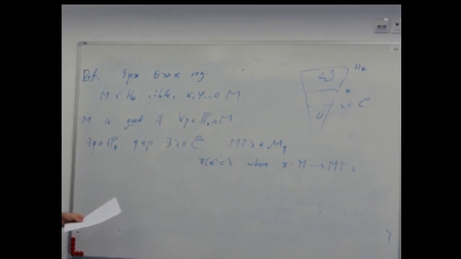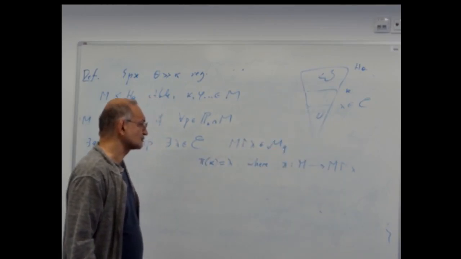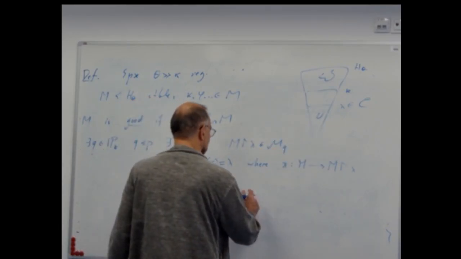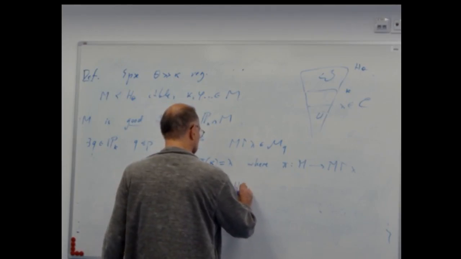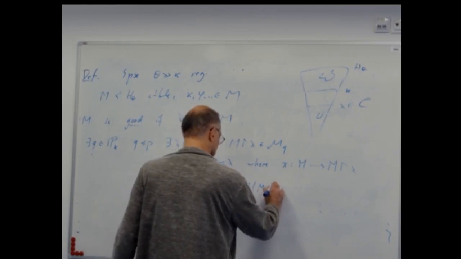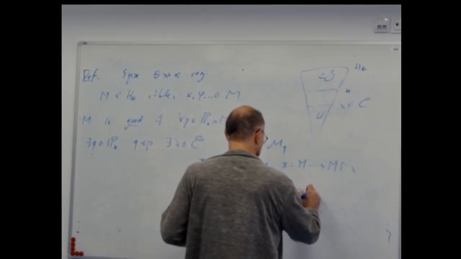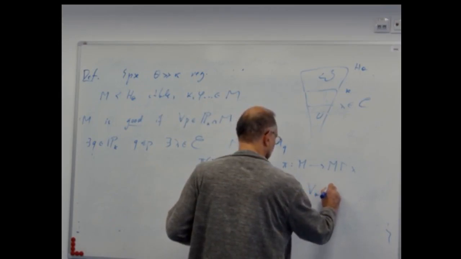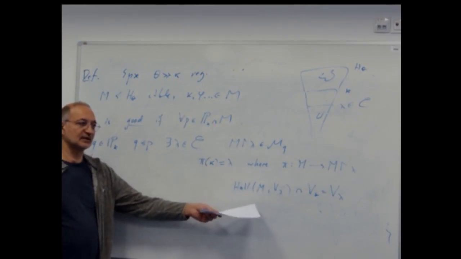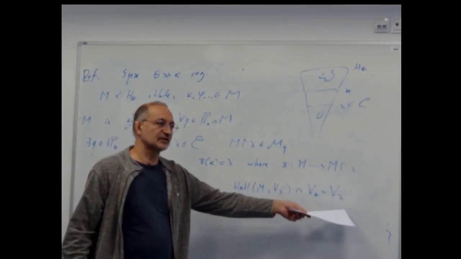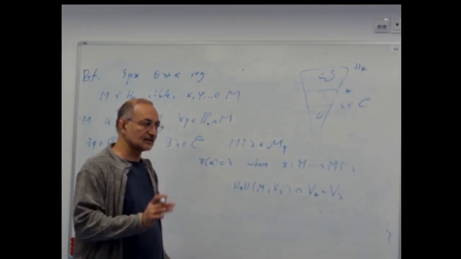It would be very easy to find such lambdas. Because all you need is that, if you take M, you take the hull of M ∩ V_lambda, you would like that this intersection with V_kappa is equal to V_lambda. But by continuity, you have club many lambdas for which this is true.